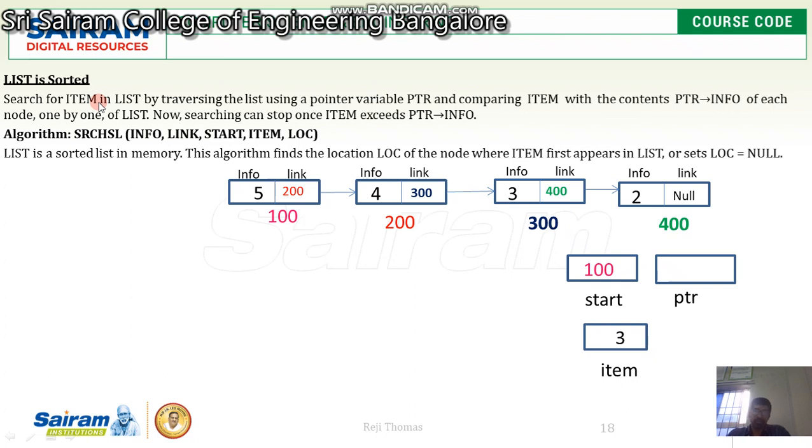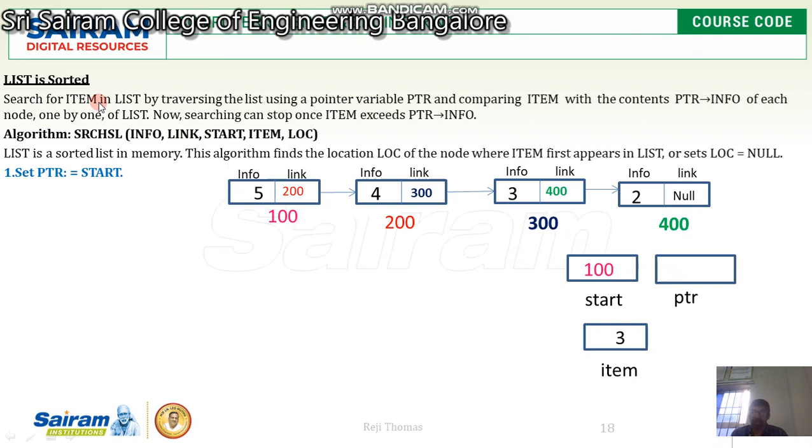The last node does not have a link field; the rest of the nodes all have link fields. We are going to search for a given item. The item is 3. We are going to search for an item called 3 in the given list.